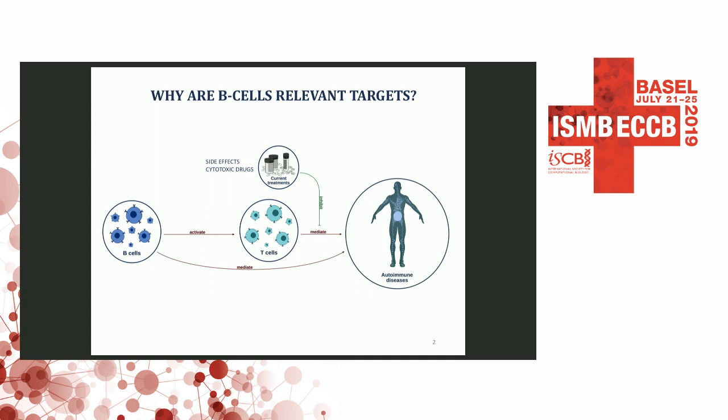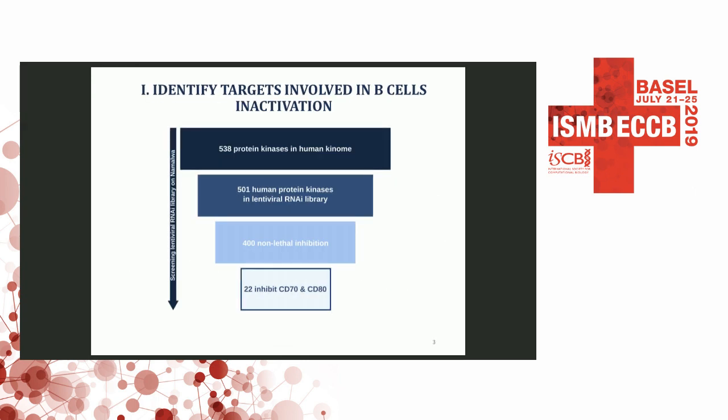But recent studies have shown that B cells are also involved in autoimmune disease, and they are able to reactivate T cells after their deactivation. So we said, okay, let's try to deactivate B cells instead. The first step we did was identify targets involved in B cell activation or inactivation. This was done by people in Leuven. They ran an RNA screening in the full human genome, and they identified 22 kinases related with the activation